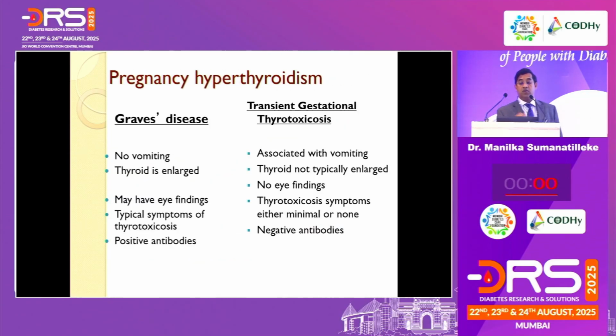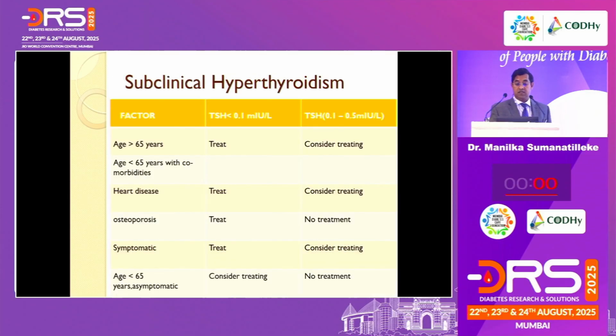And just a word about transient gestational thyrotoxicosis, where you have a beta HCG effect, as the alpha subunit is common for both TSH and beta HCG, which stimulates the thyroid gland and causes a mild thyrotoxicosis, but you can see the differences. TRAb antibody in pregnancy would be a good test to discriminate between early Graves' and transient gestational thyrotoxicosis. Just take a photograph of this in the interest of time.